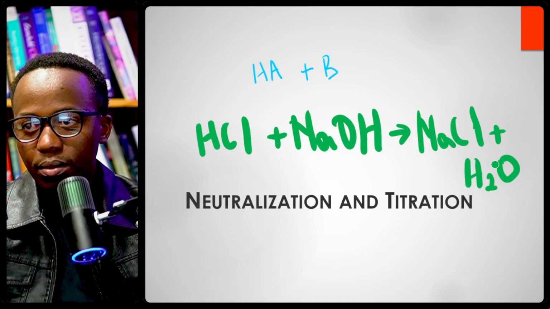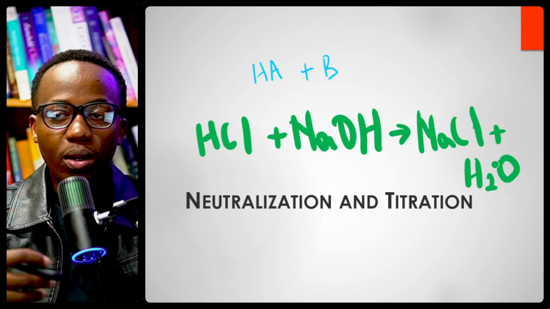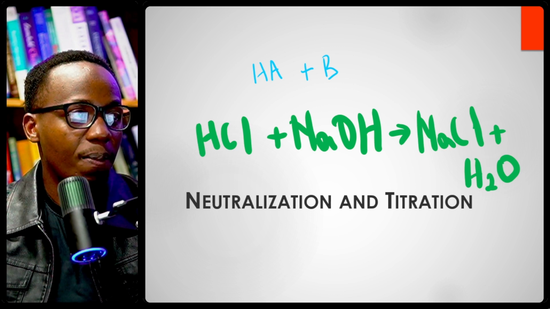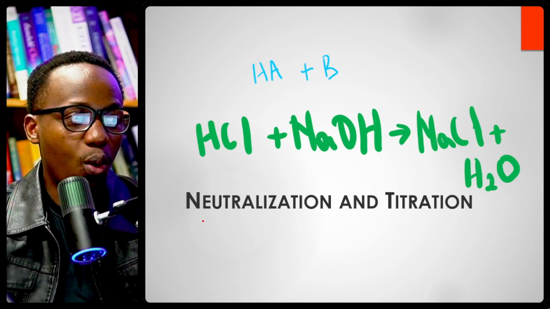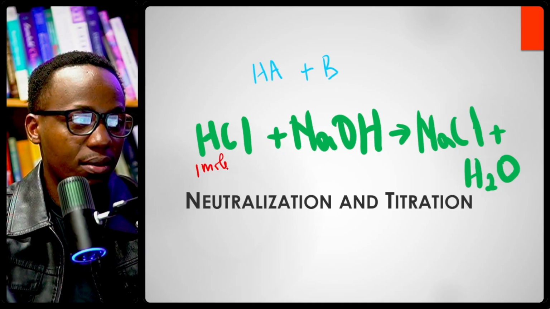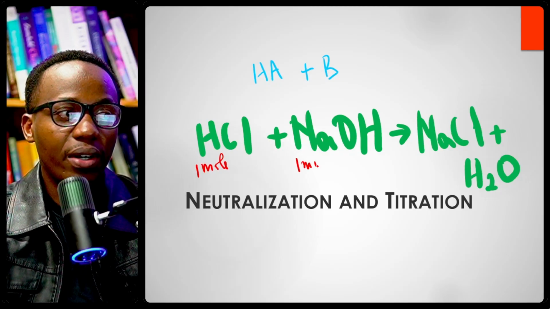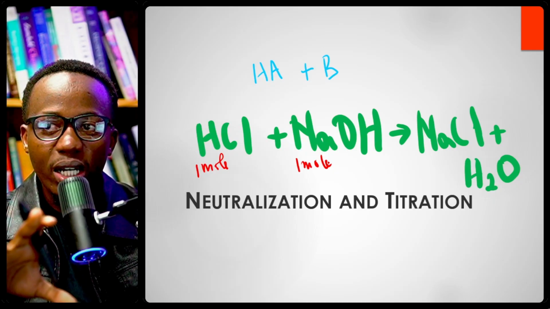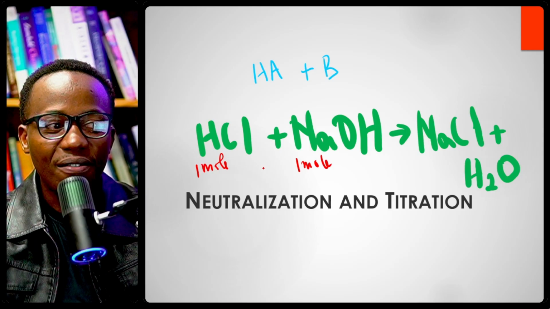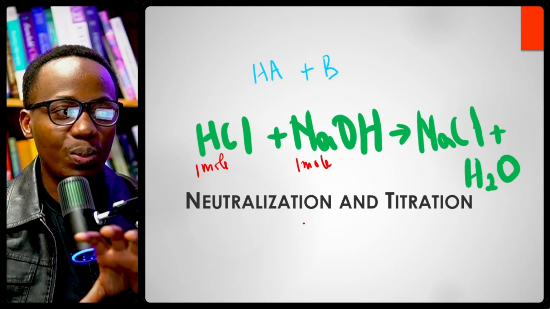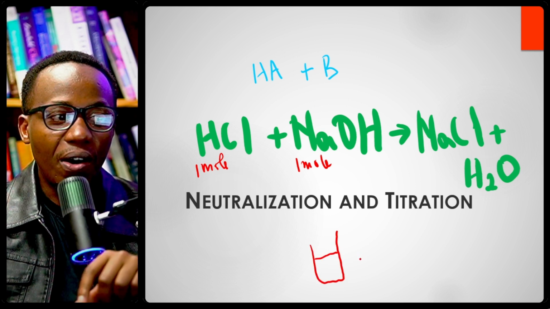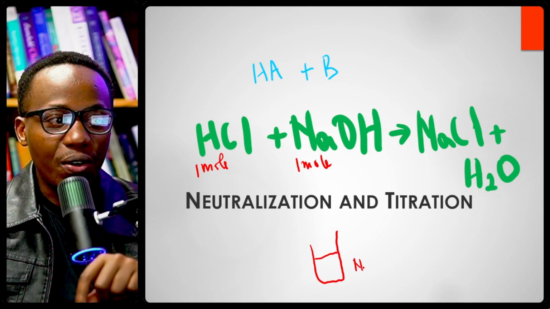So we have 1 mole. If you remember stoichiometry, I know that you guys have studied this, we are saying that 1 mole of HCl neutralizes 1 mole of NaOH. This is a balanced reaction. 1 mole of HCl neutralizes 1 mole of NaOH. Everybody, I want you to pay attention to this. If you have a bucket of NaOH